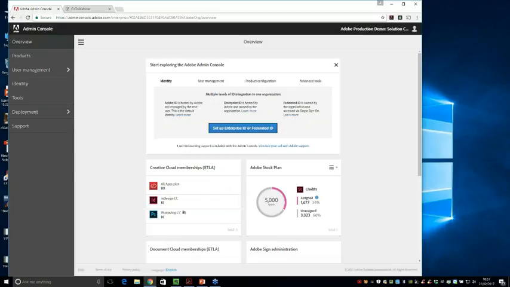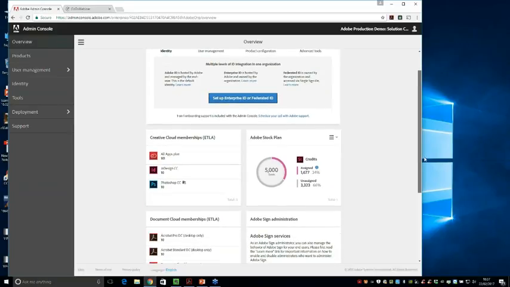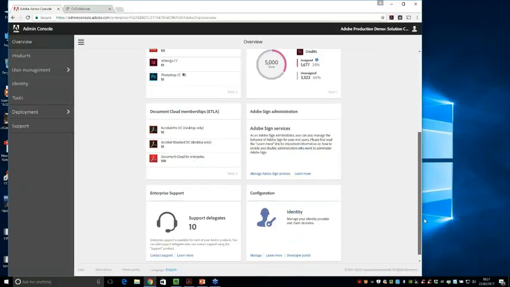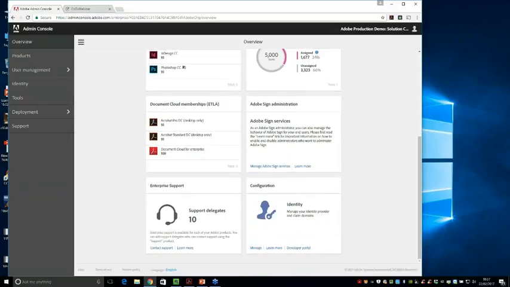So at any point you can reconcile number of available licenses and number of active users across all apps plans as well as individual products as well. Equally, if you've bought into stock or document cloud, all of that visibility is there as well. And here's where you can begin to see how many support delegates you've got set up. So historically, the overhead of maintaining all of this was kind of at the doorstep of one person, but now what we allow you to do is have several delegate sub-admin types that can take on different roles for deployment